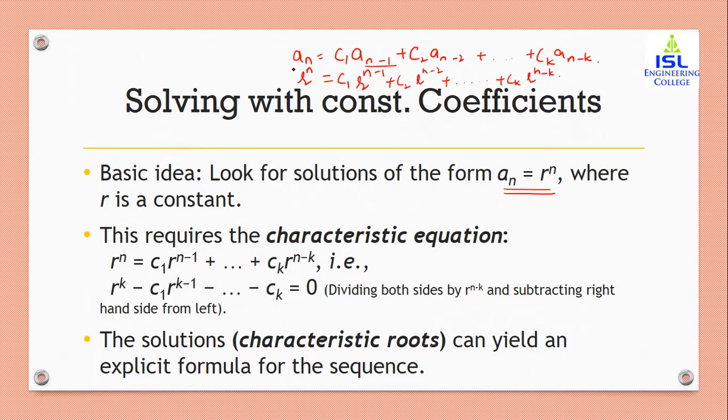Each and every time we are replacing our a term with the r term in terms of exponents. Okay. So now when both sides of this equation are divided by r^(n-k), we will get